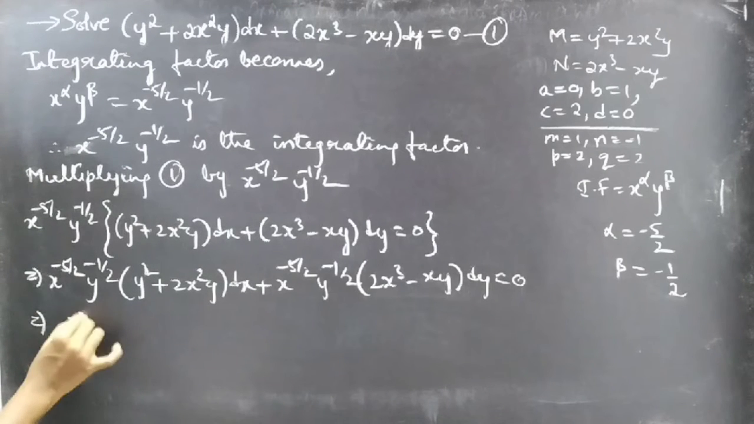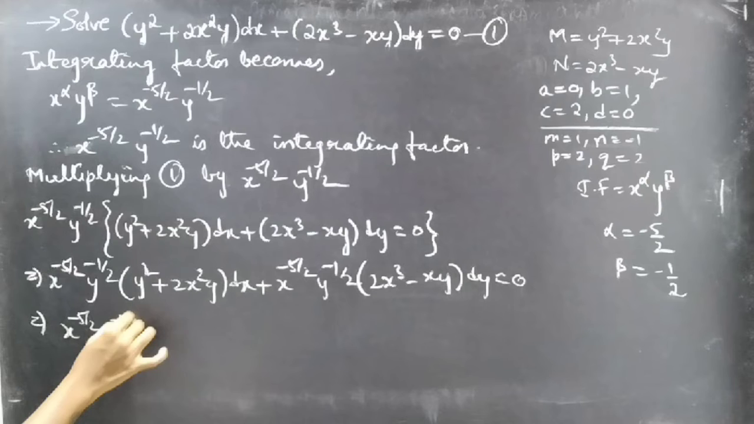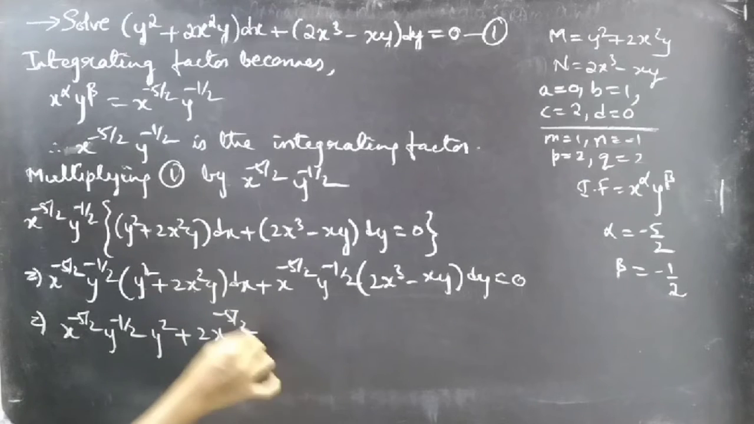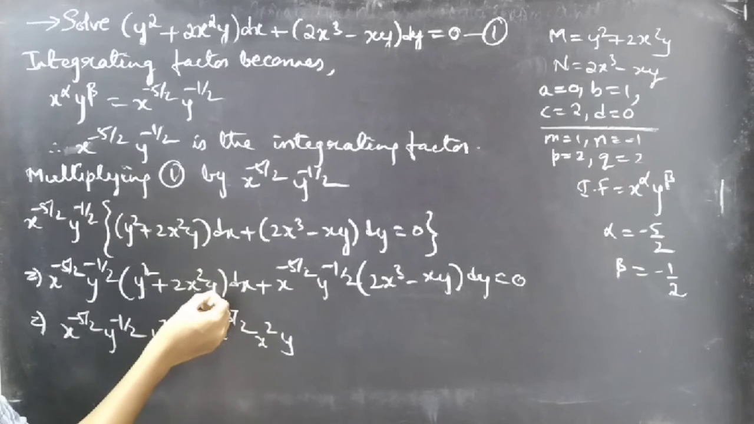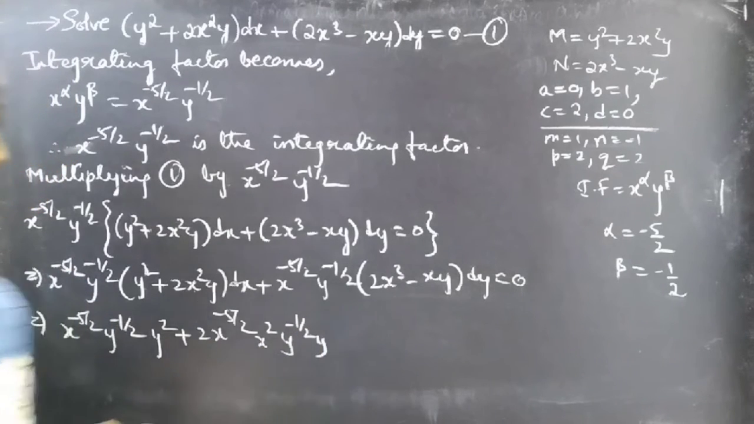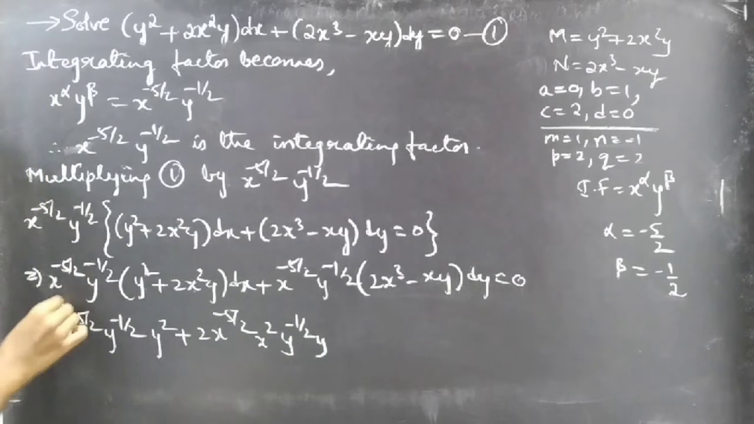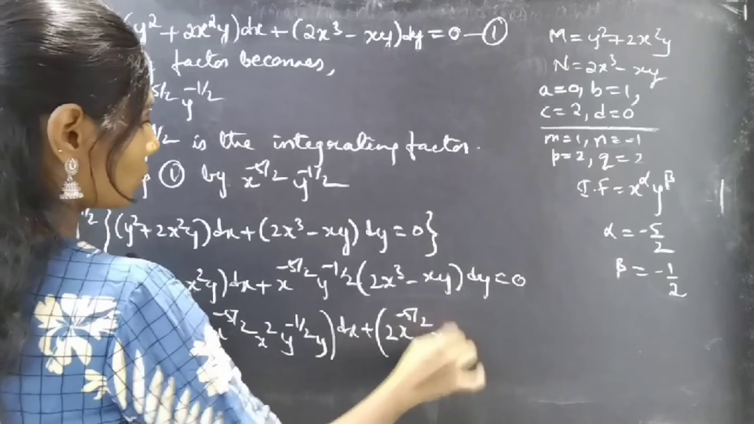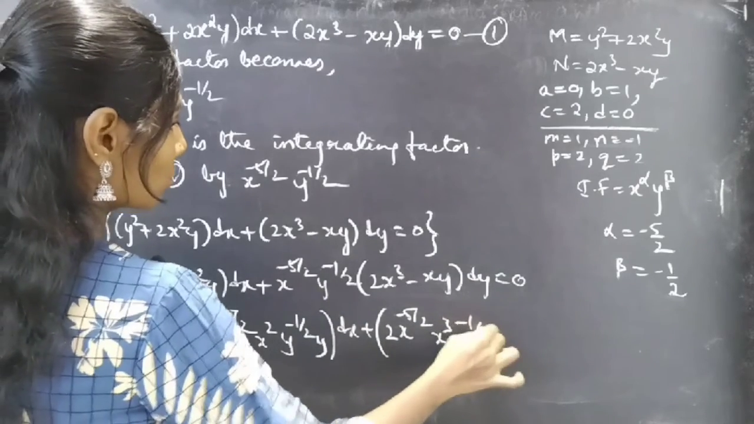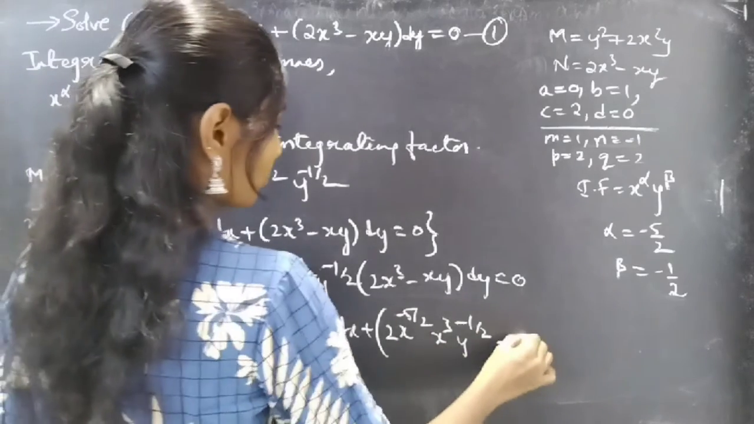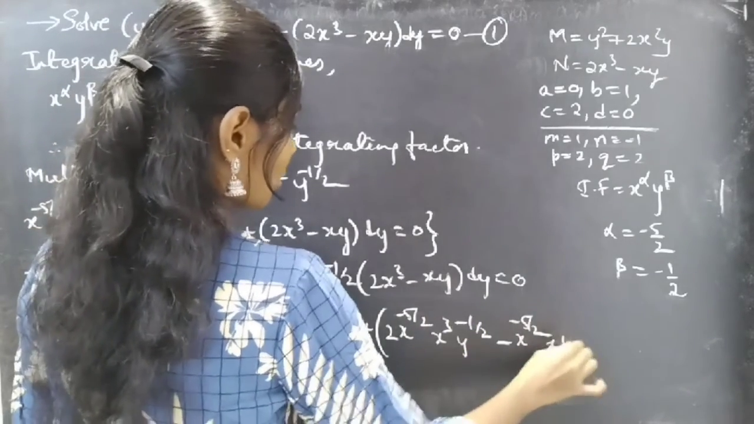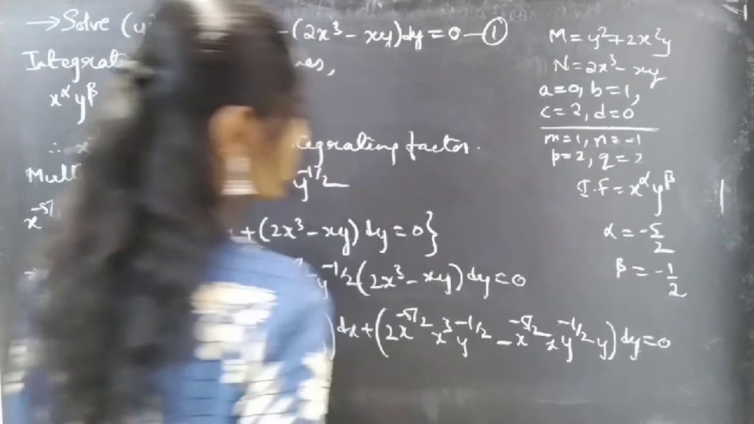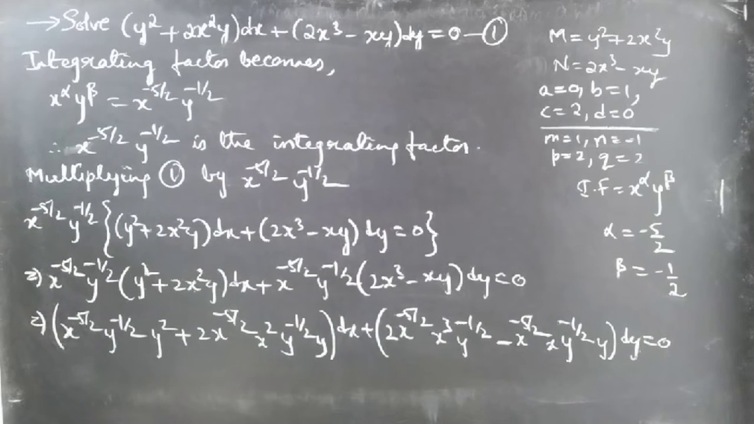Or we can write this as x^(-5/2) y^(-1/2) y^2 plus 2 x^(-5/2) x^2 y^(-1/2) y into dx, plus 2 x^(-5/2) x^3 y^(-1/2) minus x^(-5/2) x y^(-1/2) y into dy equal to 0, or